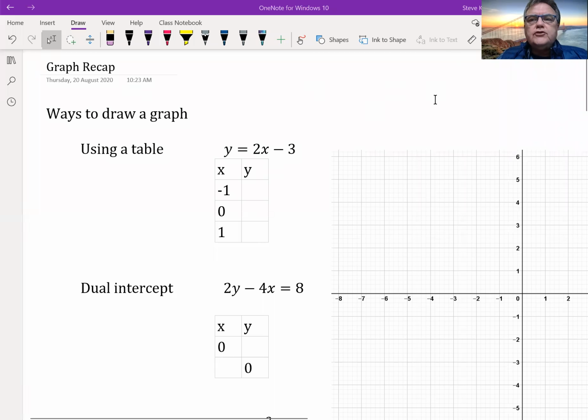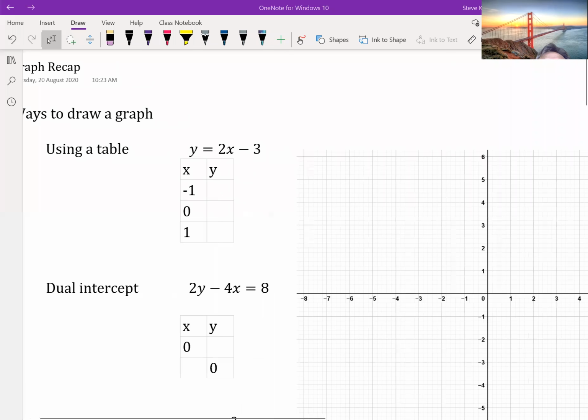We dealt with drawing graphs, and there are 3 different ways in which we went through drawing graphs, and I've listed them here. I take it you can all see this, can you? Yes, sir. Okay, great. So, the first way, the most obvious way, or the simplest way, is to set up a table